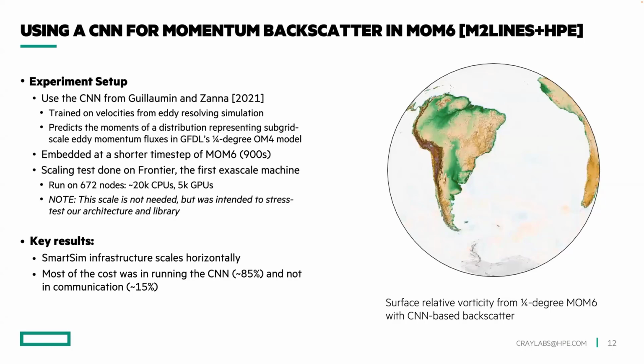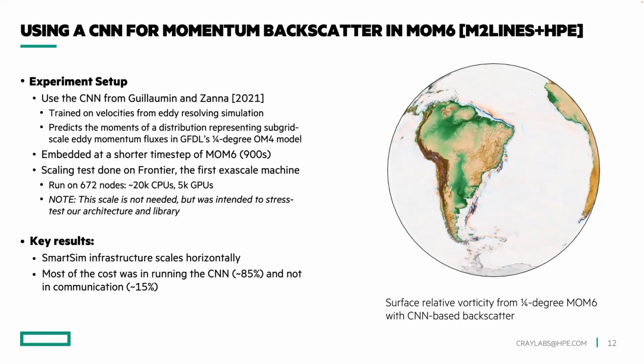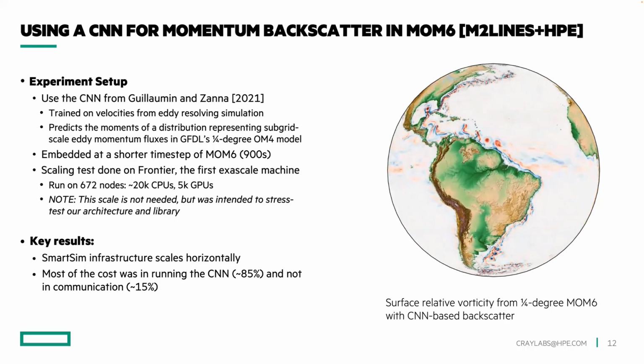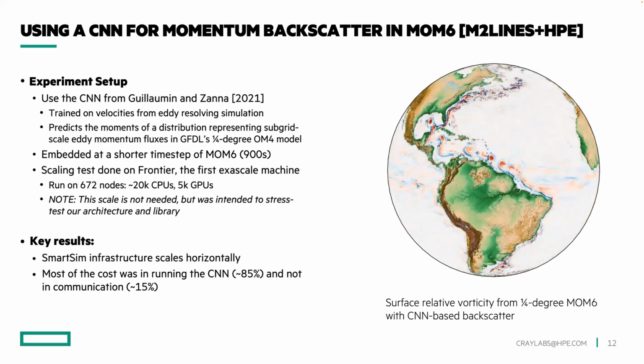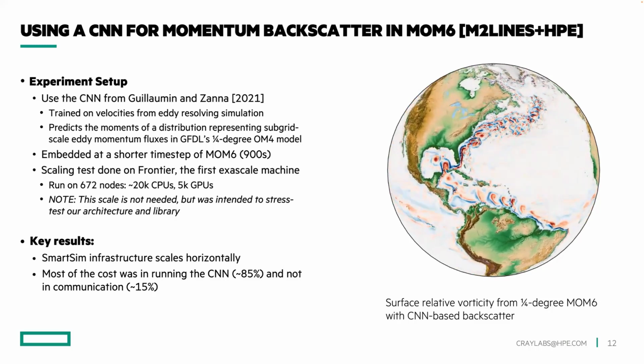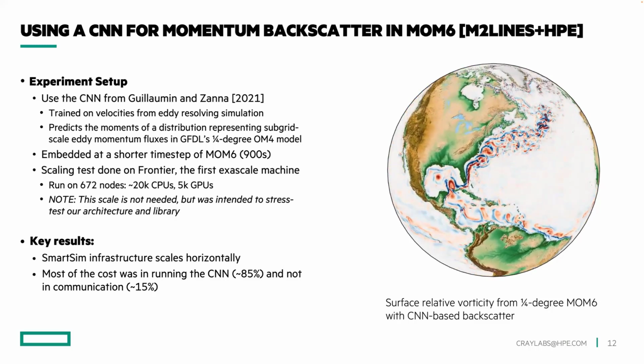And the key results: SmartSim scaled horizontally, and the cost was basically running the CNN, which was quite a complex model, and not in the communication. And here is the animation. As you can see, I'm no oceanographer, but I'd say that western boundary currents are well resolved and well depicted. So the MOM6 examples show this idea of AI in the loop, but AI was trained with data